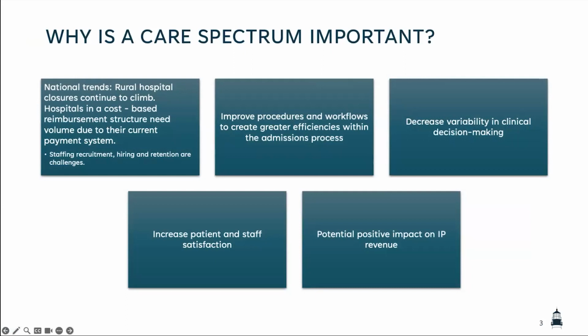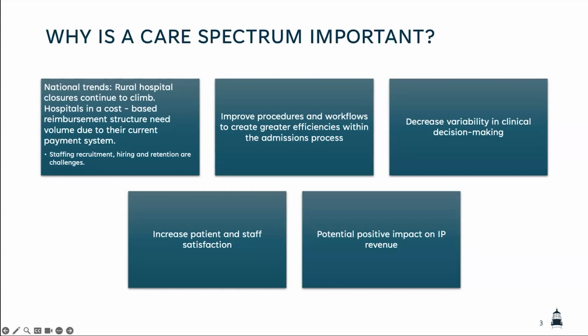And we are also continuing to have staffing, recruitment, hiring, and retention still as a challenge for our organizations. We have reduced staffing, we've reduced bed capacity, so there's lots of impact on the long-term viability for some of our rural hospitals. And so, with a care spectrum, it's really about identifying who you can keep, and hopefully with that identification in that formal framework that is then clearly defined, it can really help lead to some improvement in our admissions, whether that is to acute or into our swing